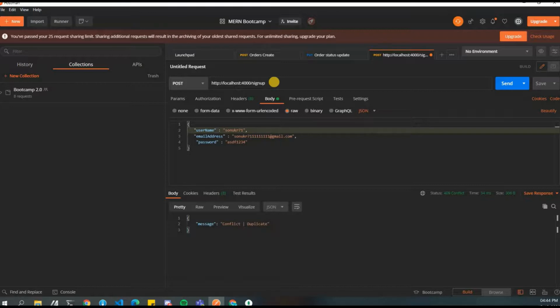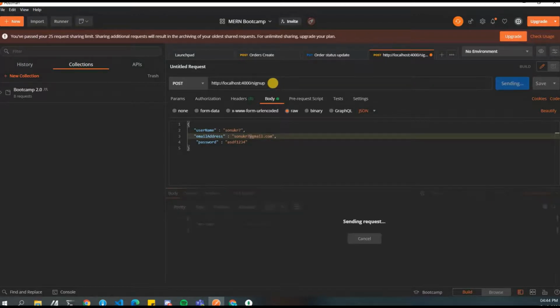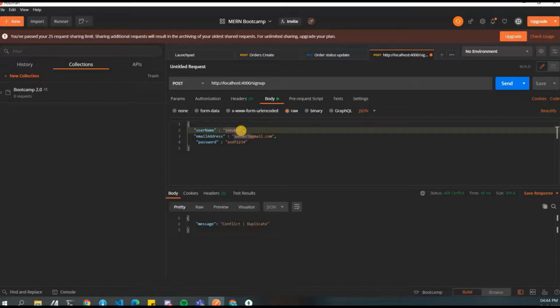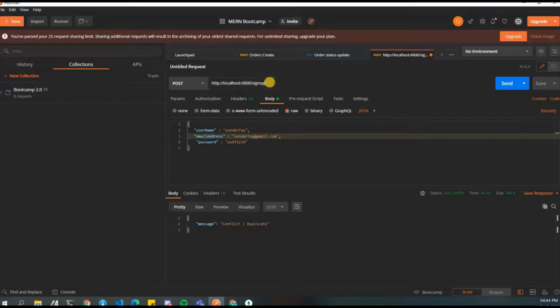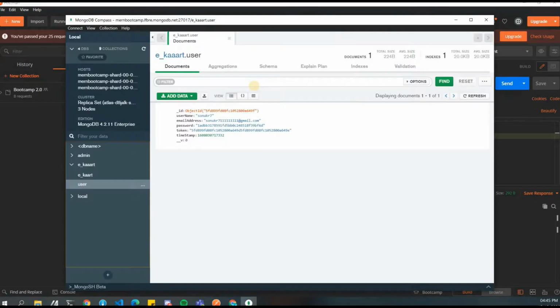Let's just change one and see if the other one is getting affected or not. Okay, KR71 conflict duplicate. We changed one, this. Now let's keep that and also check this if this will work or not. So a combination of both of these will only work. Even if one of these is having a duplicate, it will not work. So similarly, we can always go ahead and create another one with some other name, and it shows created.